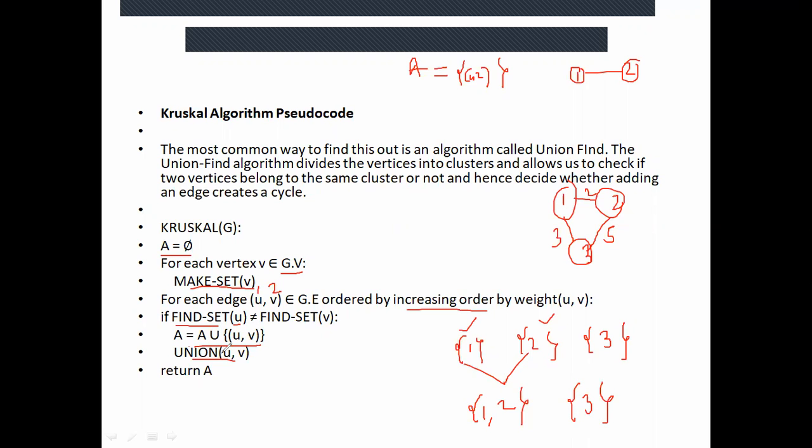Okay. Now again you need to consider the next edge, because it is a for loop. Which next edge will we consider? 1, 3. Okay. Now tell me, this U is 1, V is 3. Yes, Palvi, can you tell me what is the set of 1? 1 belongs to which set? No, you are not audible. 1 belongs to this set 1, 2. And what is the set of 3? 3 belongs to this set. Are they equal?